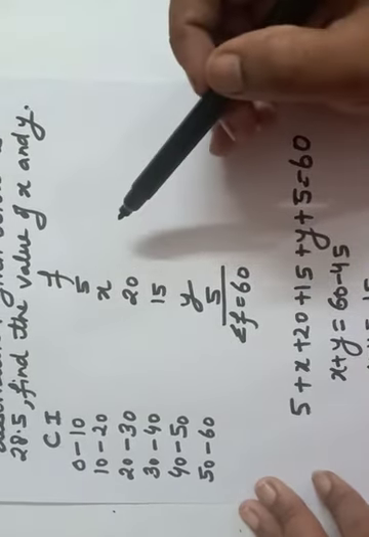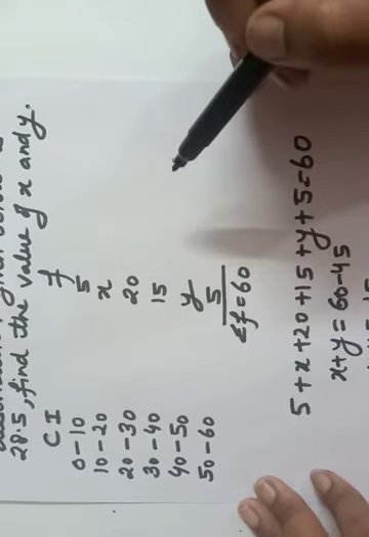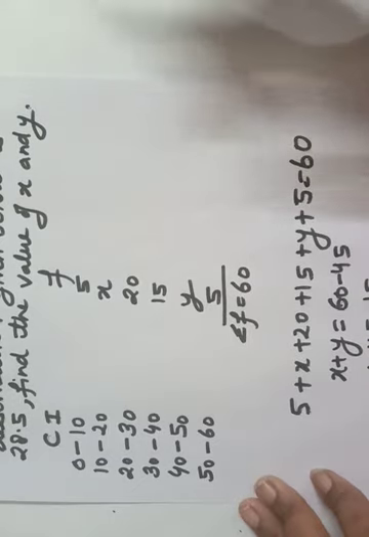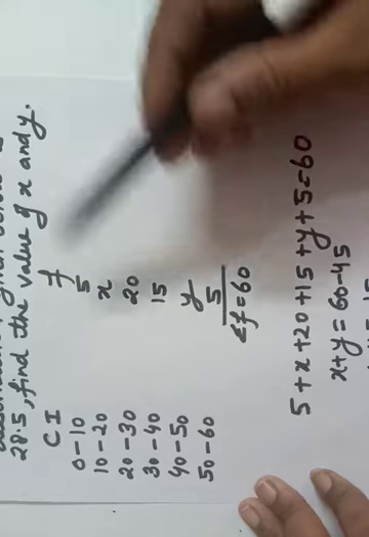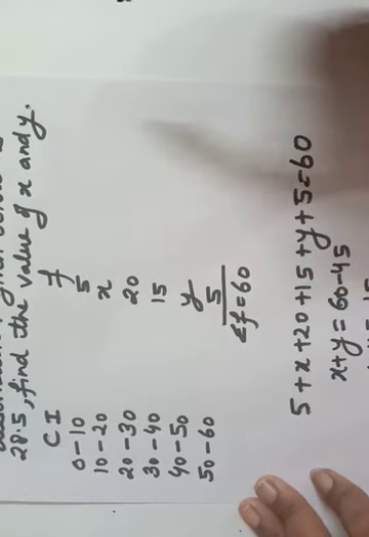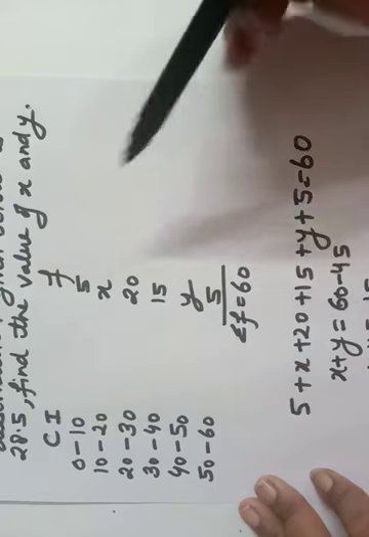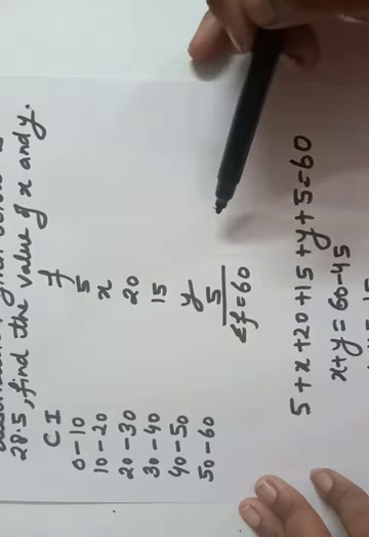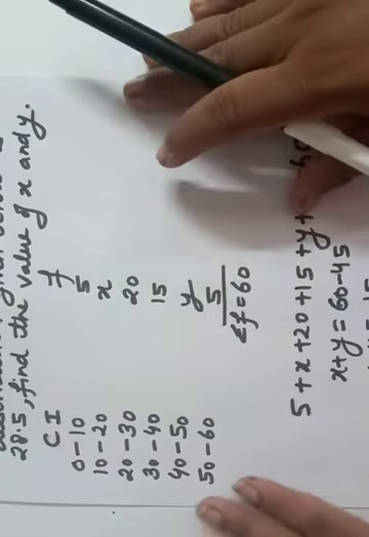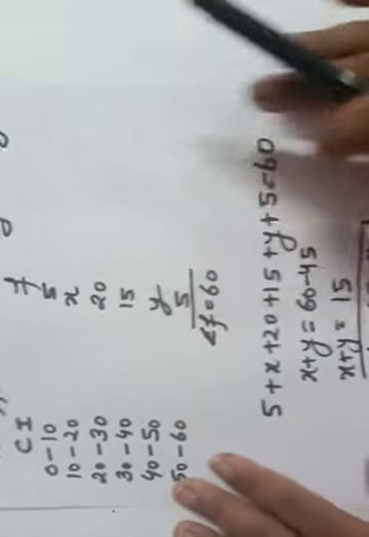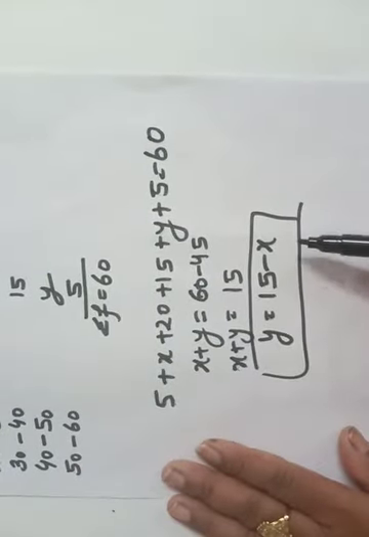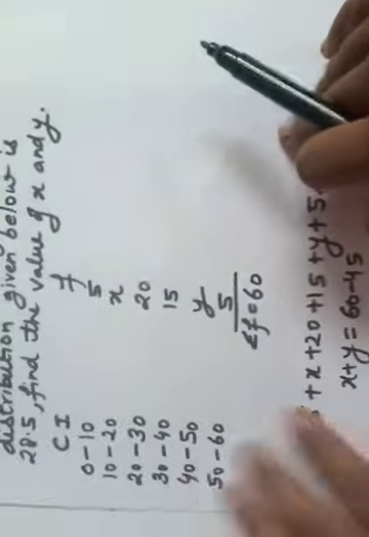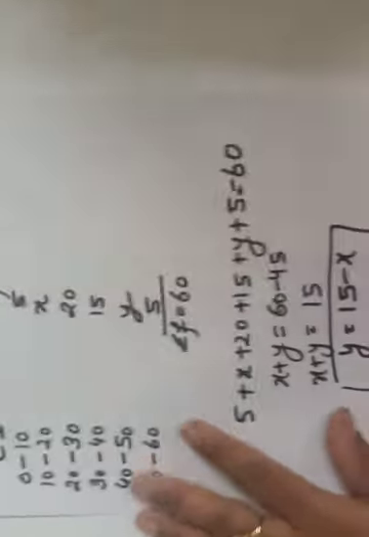Now we are going to make the table. To find the median, when the frequencies are missing and the class intervals are inclusive or exclusive, we have to make the cumulative frequency to complete the table. So we need only one more column, that of the cumulative frequency. Instead of y we will put y equal to 15 minus x, so only one variable will come in the cumulative frequency values.